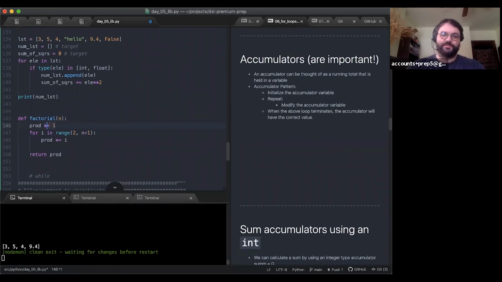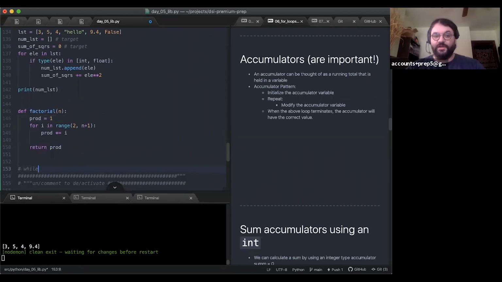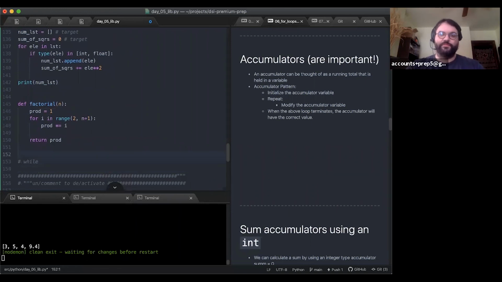Since this is going to be multiplied against, I have to start it at 1, and that's why I'm avoiding saying we always start at 0 or something. Where you start your accumulator isn't baked in to be a certain thing, but in this case, since I'm multiplying against prod, I can't start it at 0, otherwise I'm going to multiply by 0 and just get 0 forever. So I want to start it at 1, and then prod times-equals i continually through this loop.